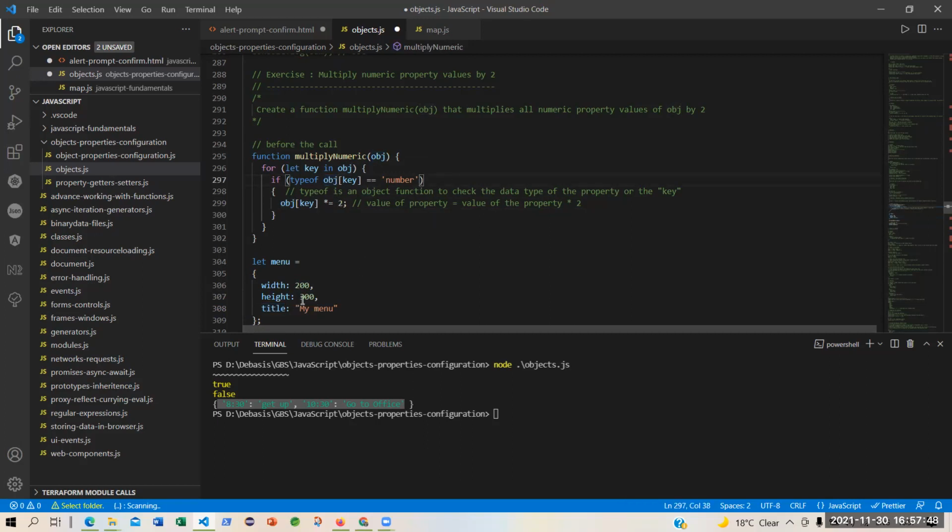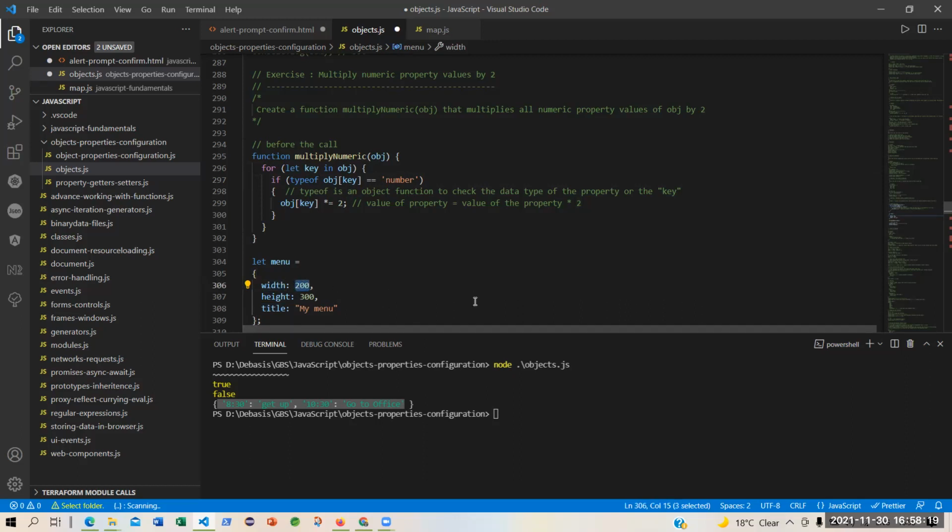Because you are doing this under the for loop, it will first pick the width. So the key is width, and you are checking the value of this property. Whenever you say object and within brackets you say key, you are referencing the key width for the value, the key value pair.